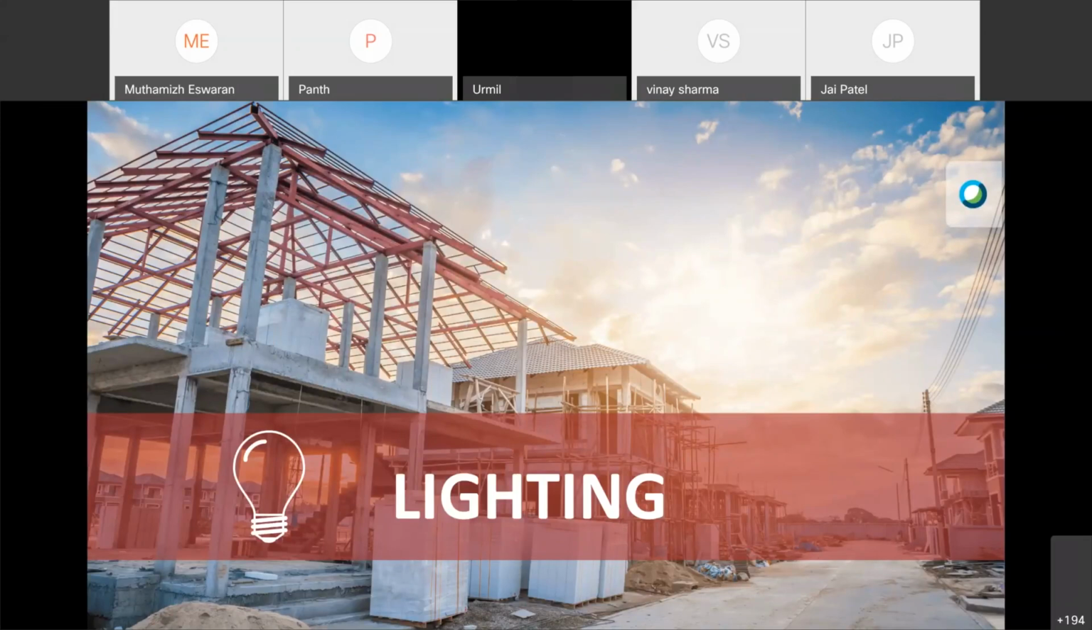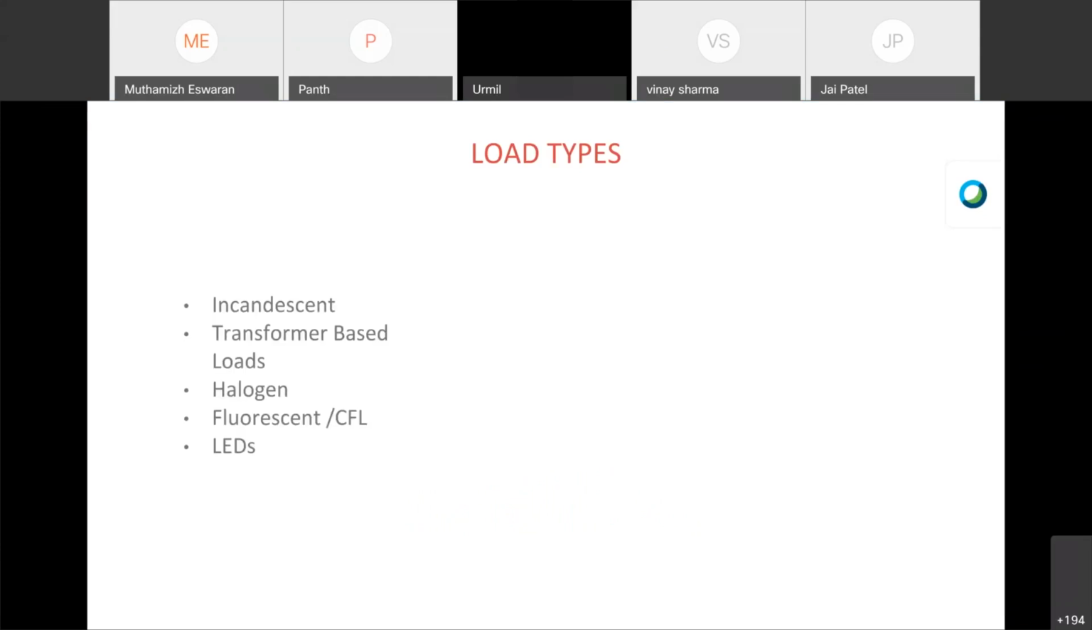Okay, so now the next thing is lighting basics. On the lighting basics, the first one is load types, right? So on the load types,